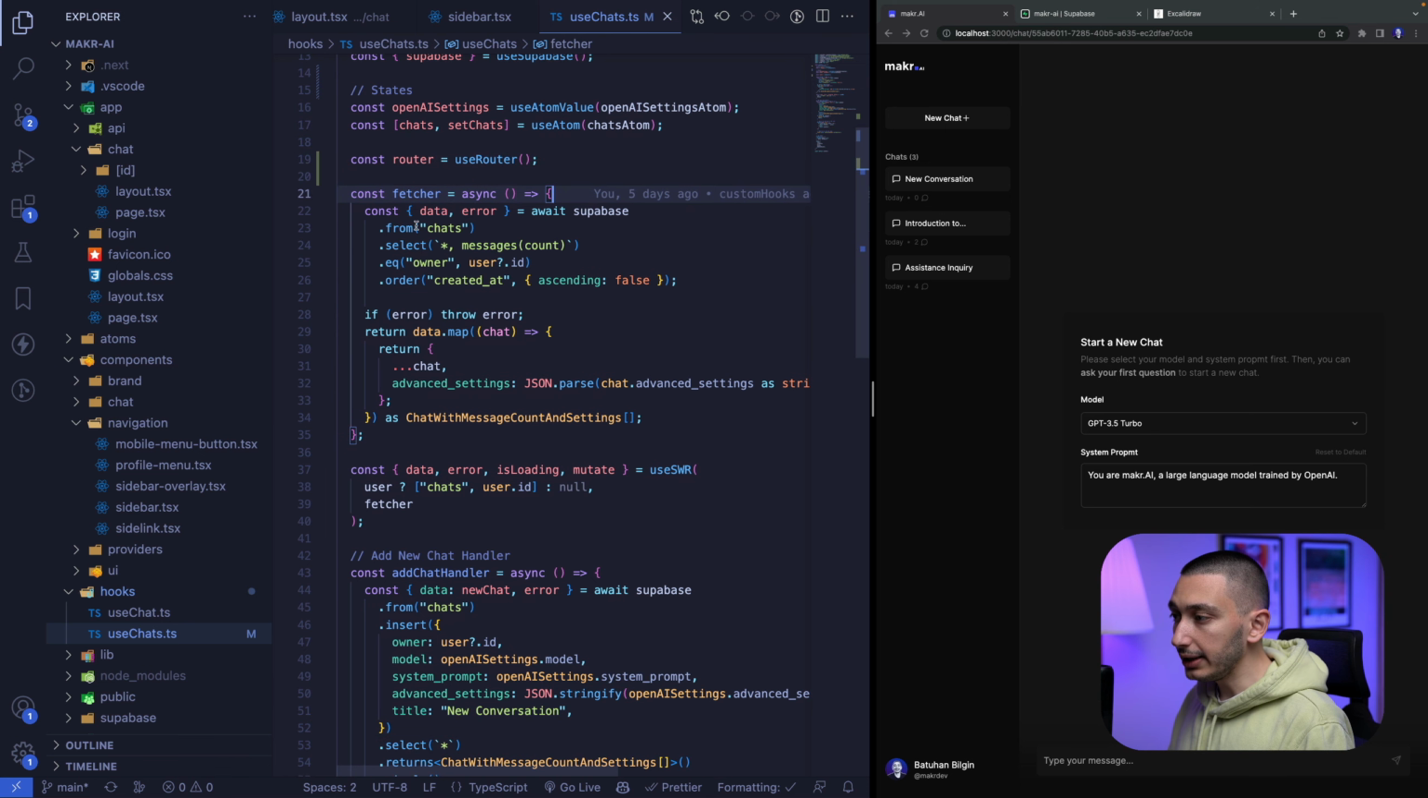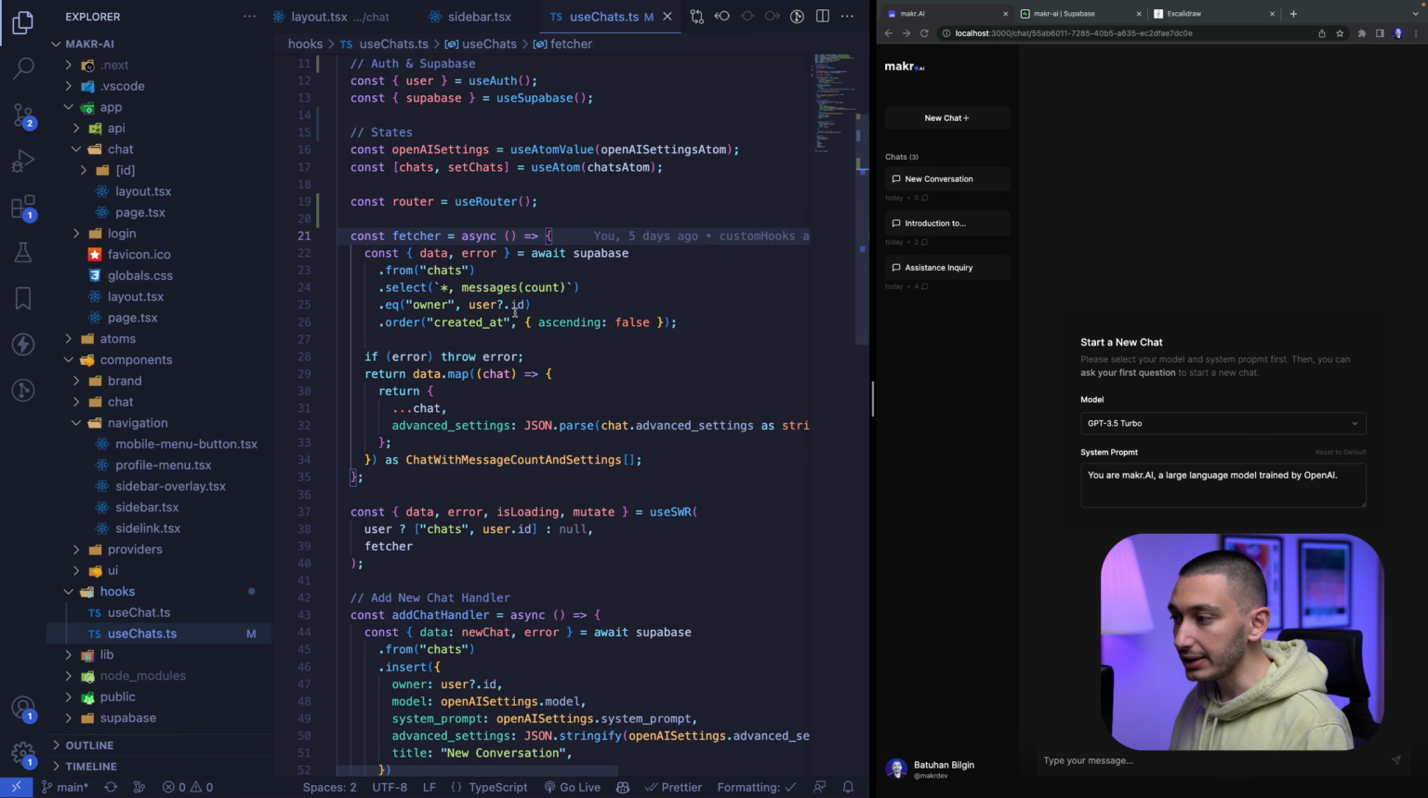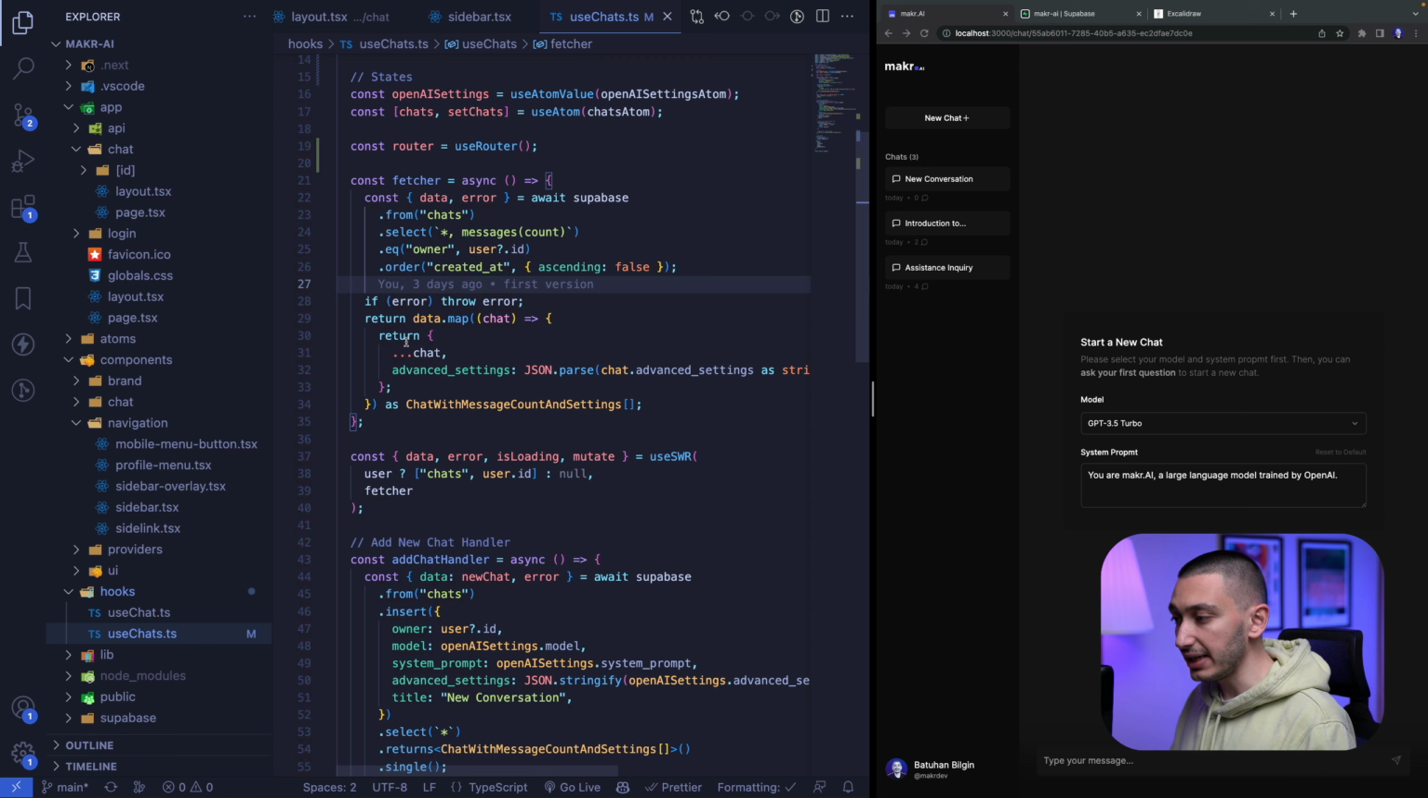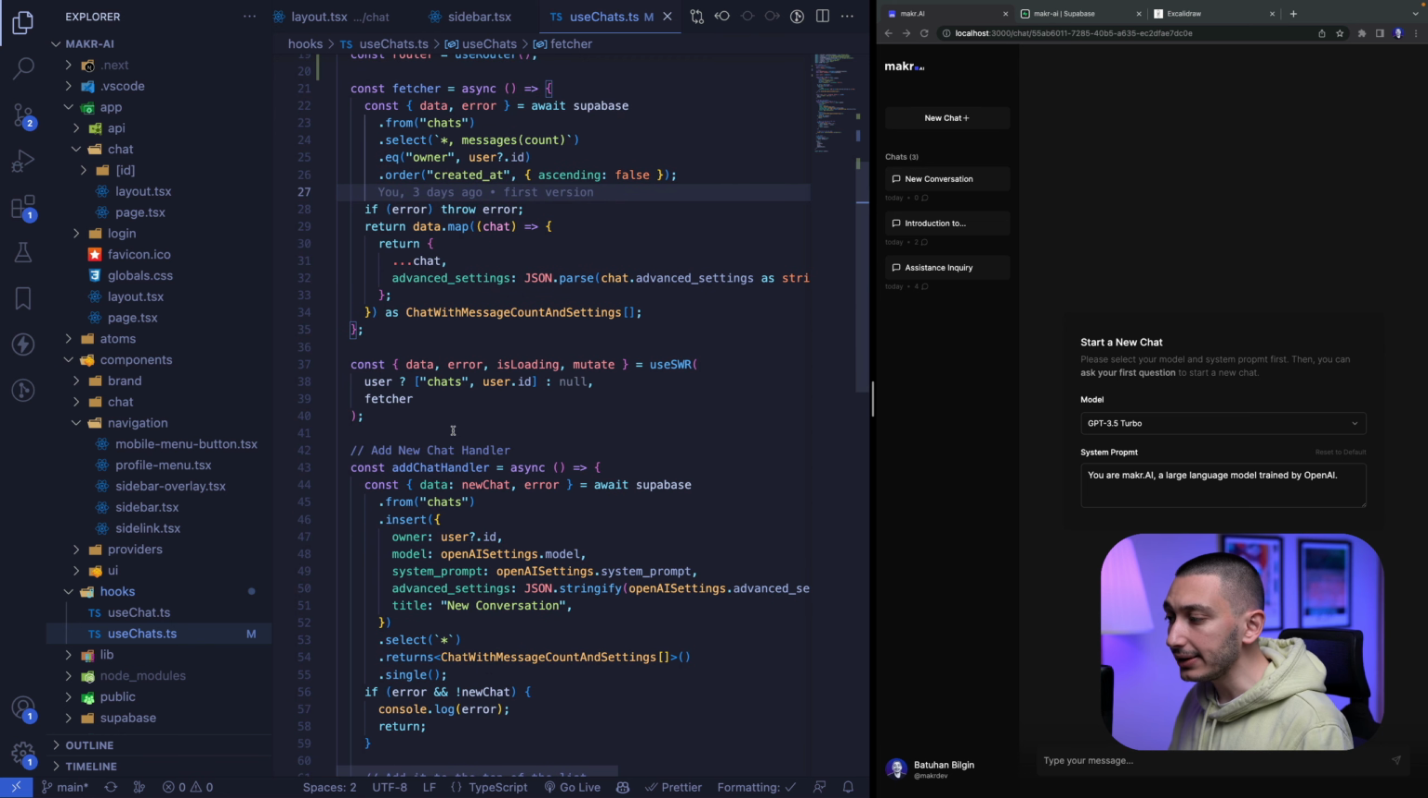Okay, cool. In here, we have a simple fetcher. With this fetcher, we fetch our chats and the messages come like this. And we need to get our user ID since we have row level security, right? Because only owners can fetch their data. That's why we need to pass our user ID into this function, and we need to be authenticated. Okay, cool. If we have data, we simply return this data, and we use